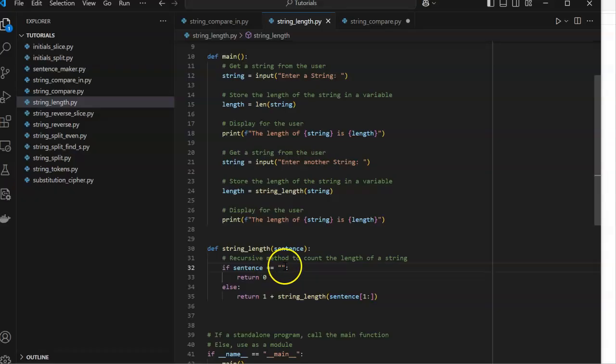So if the sentence is blank, we return a 0. Okay, well, it's not empty. Else we return 1 plus the string length of the sentence. So how does that count the string length? Well, as long as the sentence isn't empty, we add 1 to this, which is returning an integer. 1